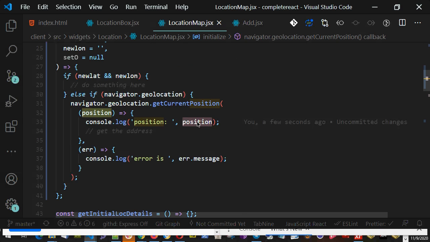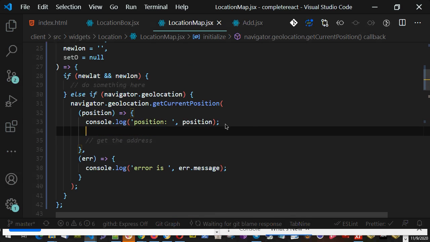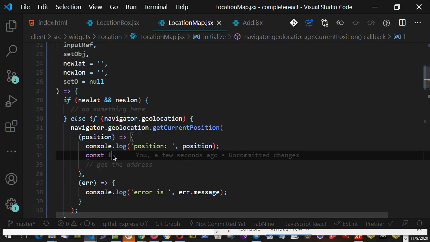So here, using this position, I will take the latitude and longitude, and then I will go to get the address. So let's take the latitude and longitude. Here I will create two variables. For example, one will be constant L1 is the first latitude, or since I'm getting this new